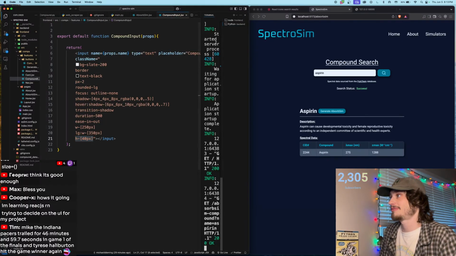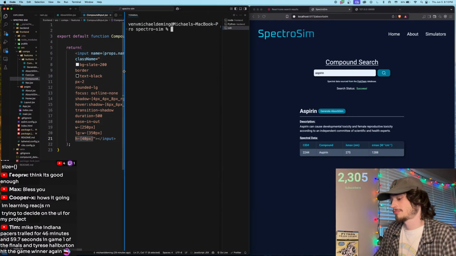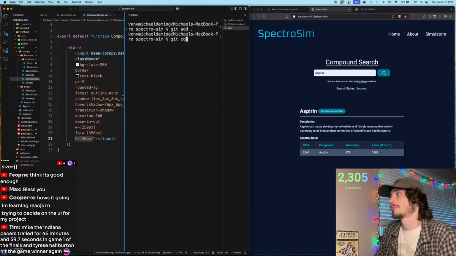Okay, let's go here. React icons. Change search to